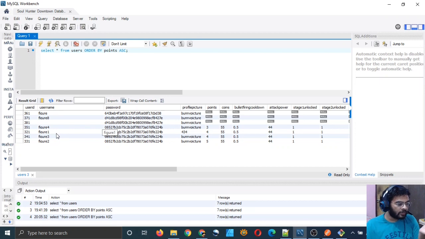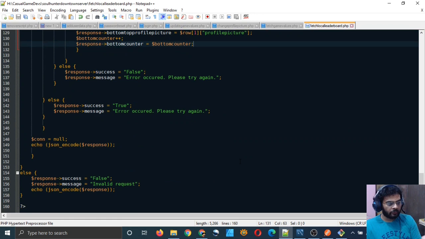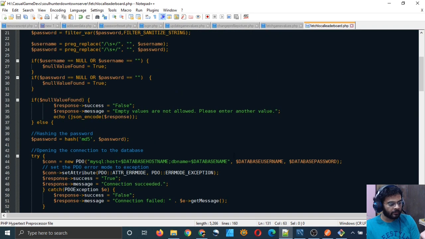And that's exactly what it is. We are treating equal score as above, right? So that's good, that's okay. So 2 people, figure 3 and figure 2, are above us and figure 4 is below us. So that's what we have got in our message, also in our response. So our script is working well, right? This script is the local leaderboard skill script.